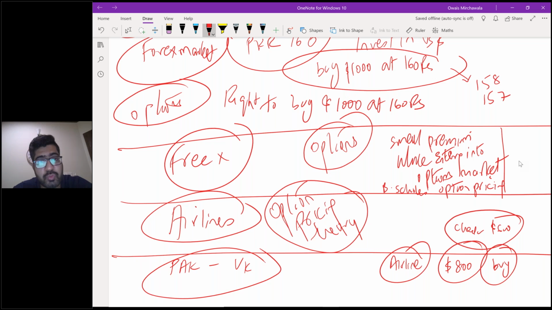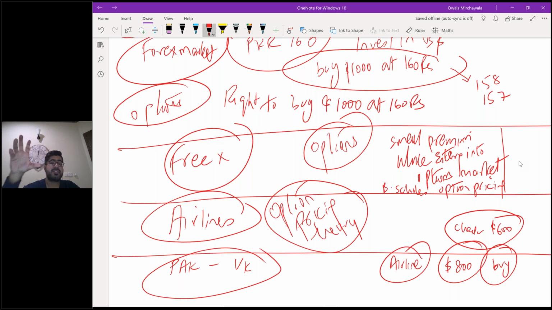So what did I do? I should have been more patient. I just bought the ticket for $800 and the next day I'm getting it for $600. That's a loss. Next time you decided to be patient, you didn't book the ticket right till the end, and suddenly the fares became $1,000, $1,500. So what did I do?